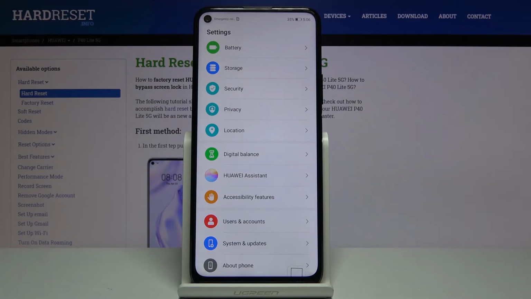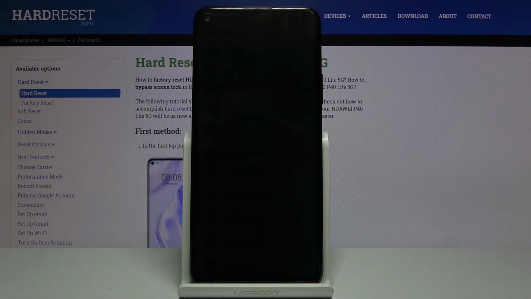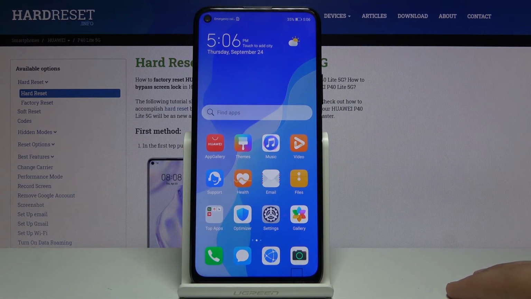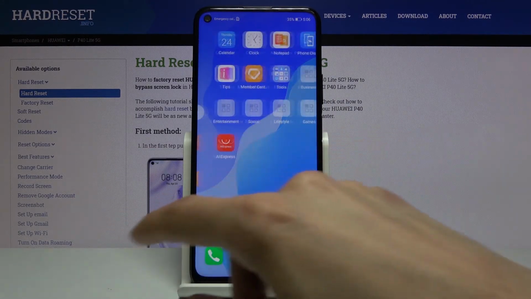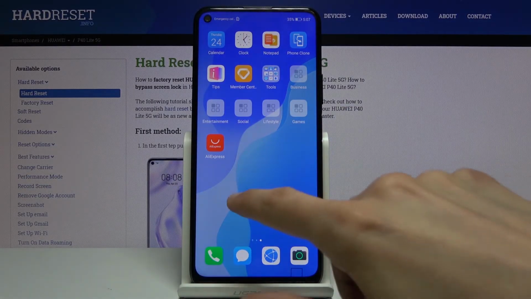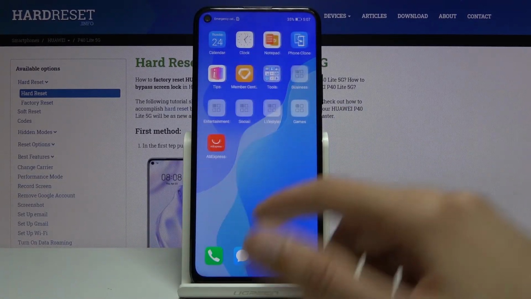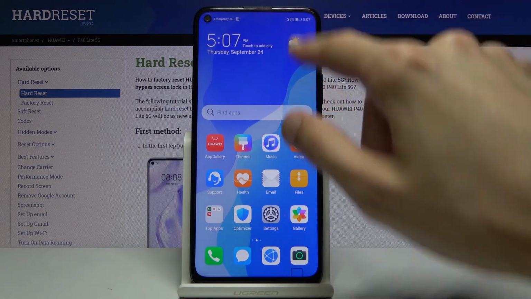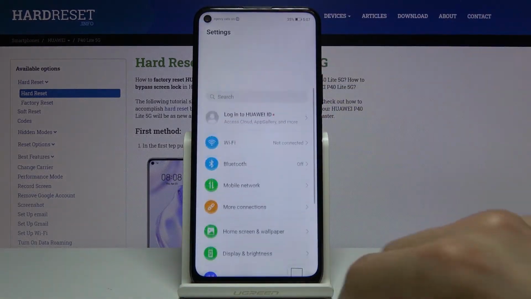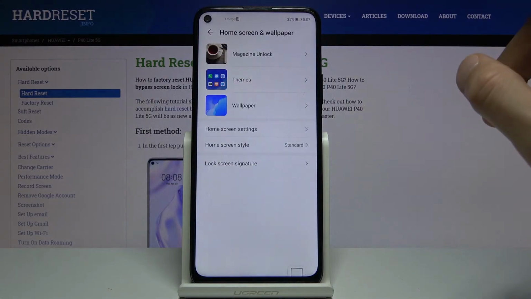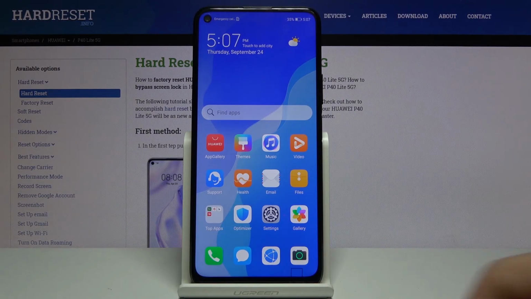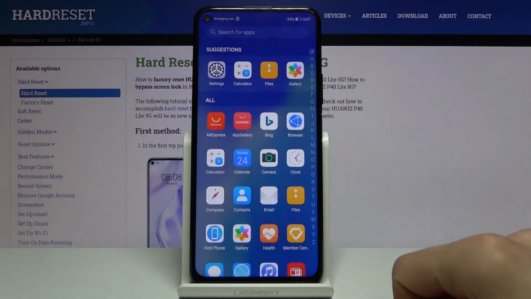And moving on to my last option, it's gonna be the app drawer. Now by default it's HUAWEI, so it comes with this Apple-like look, trying to mimic, I guess, the most successful companies. So we have all apps smack in the middle of our home screen, making it a little bit cluttered. So let's join the Android side and go into the settings, and then home screen and wallpaper, home screen style, and just select a drawer, and bam, now we're back in Android how it's supposed to be, with the app drawer containing all our apps neatly organized alphabetically,